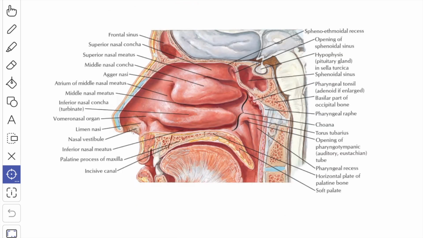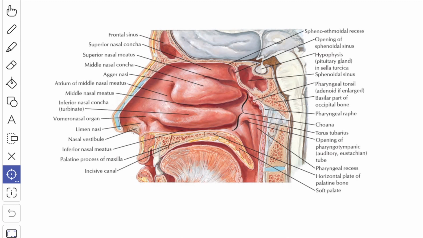Next we'll see about the epithelial lining of the nasal cavity. The nasal cavity is subdivided into three regions: the vestibule, the respiratory and the olfactory regions. This is the vestibule. The vestibule is the slightly dilated area above the nostril and it is lined by skin, which is provided with coarse hair, sebaceous and sweat glands. The lateral wall of each vestibule is formed by the ala and the medial wall is formed by the mobile part of the nasal septum. The coarse and stiff hair filter the foreign particles during inhalation.